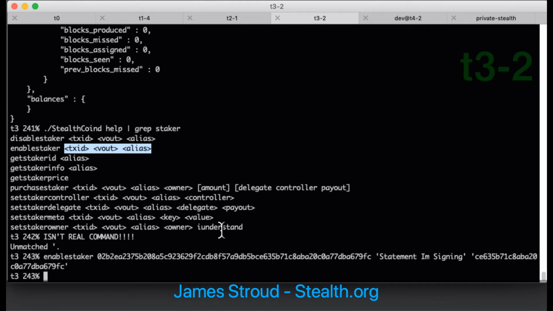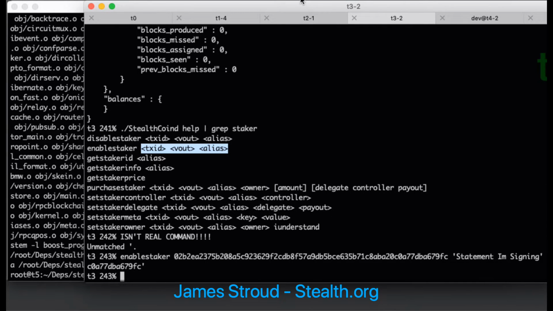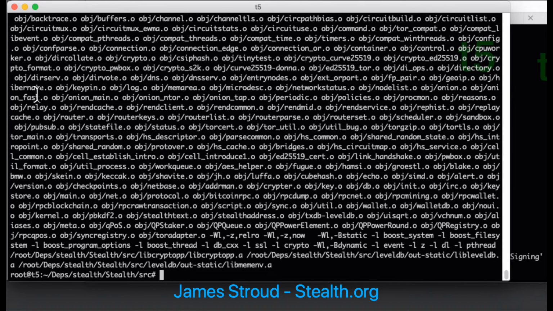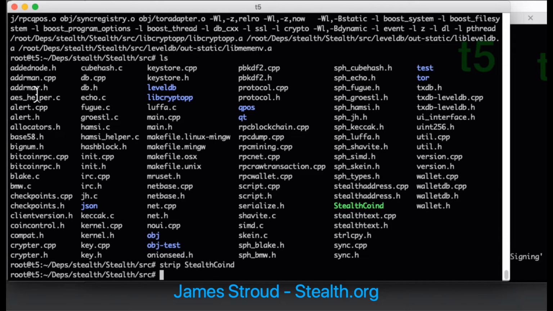We should be done building by now. Let me slide that over. Yes. So what I do is, this isn't part of the build file, but I just do it out of habit. I strip it. Strip the node. And believe it or not, you're ready to start your node. Okay,